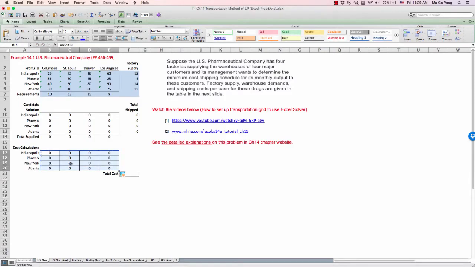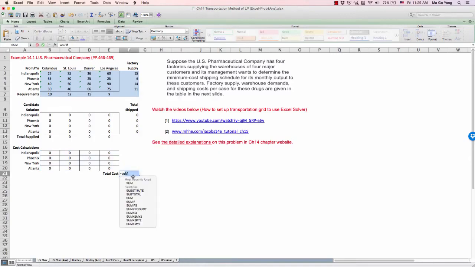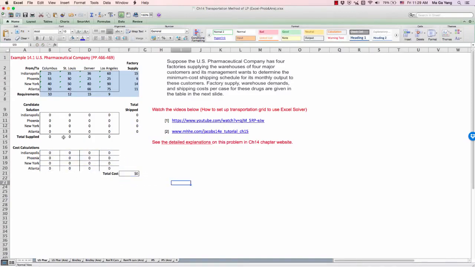So that number will change after using the Excel solver. Then this is the final total cost, so you have to sum up all of these costs. Okay, so we set up everything: the candidate solution and cost calculation tables.